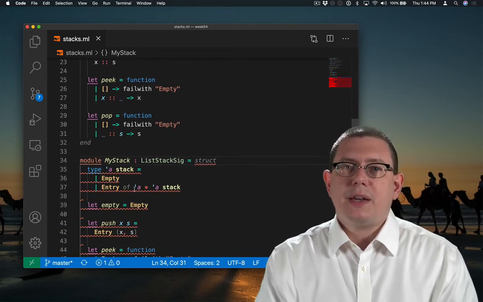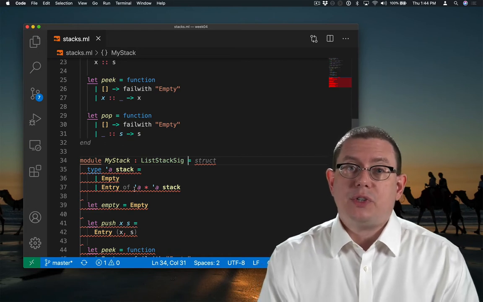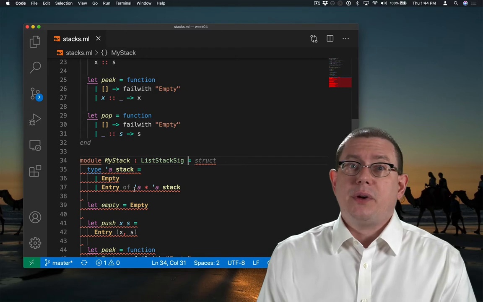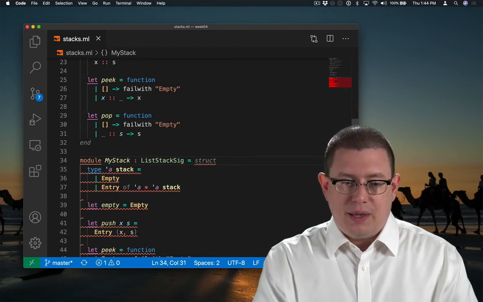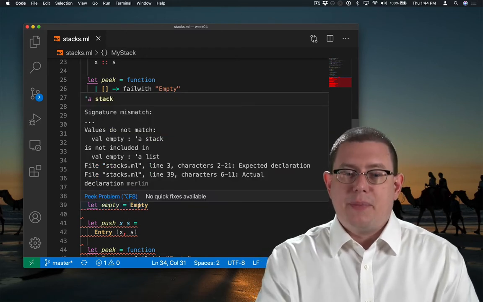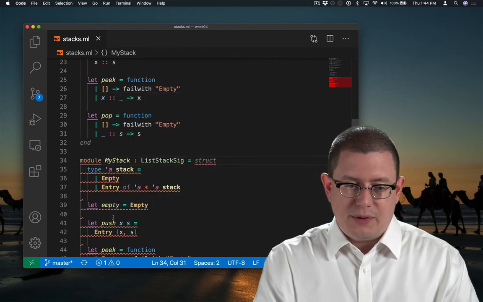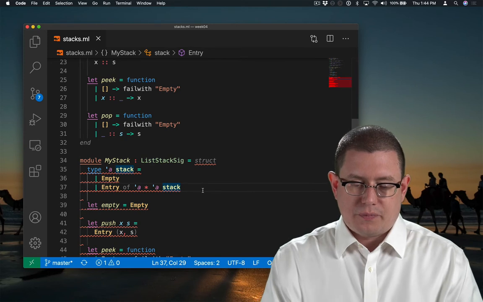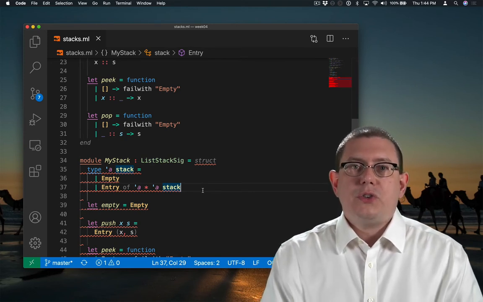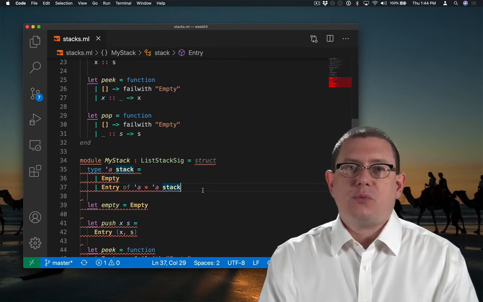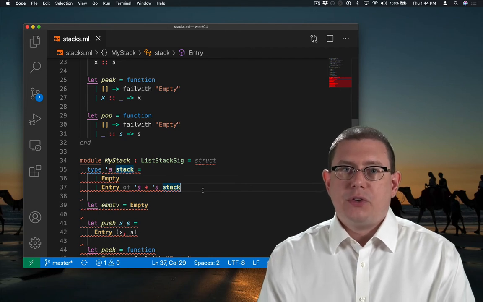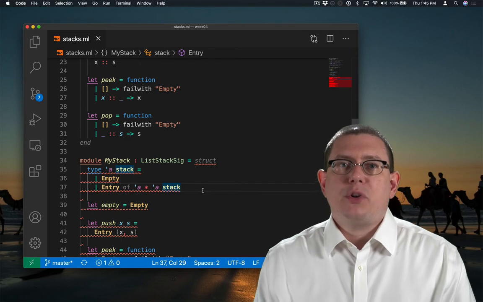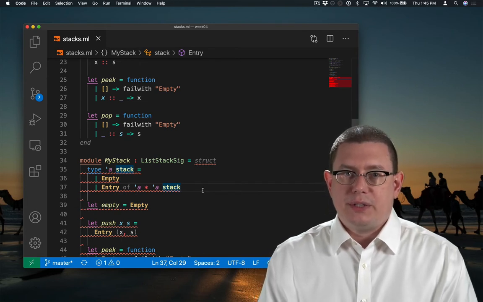But of course, inside of my stack, I'm not actually using the list type to implement my stacks. I'm using something very similar, but it's not exactly the same thing. And so empty does not have type alpha list here. In fact, it has type alpha stack, which is defined up here. So the signature that I wrote for stacks was not general enough to describe related stack implementations. It only described that particular implementation with lists.